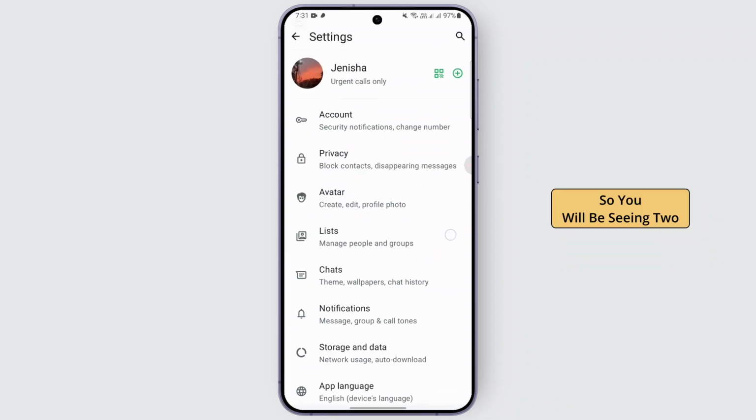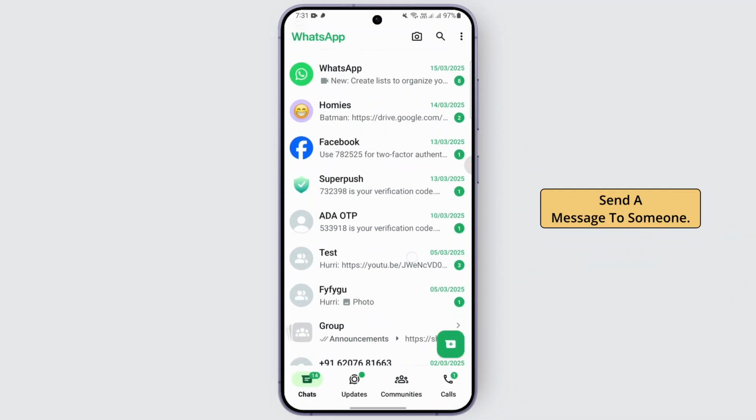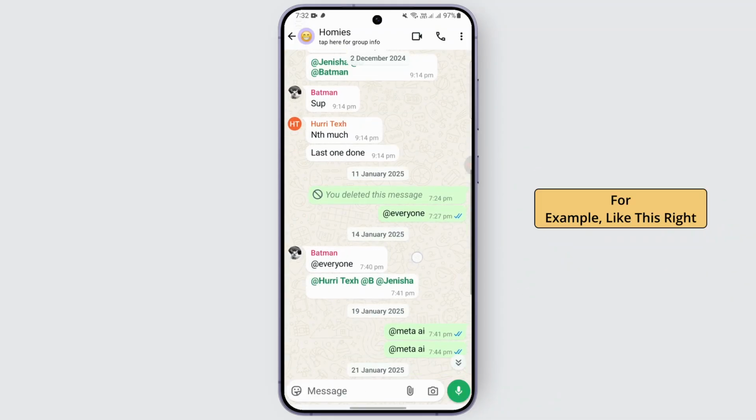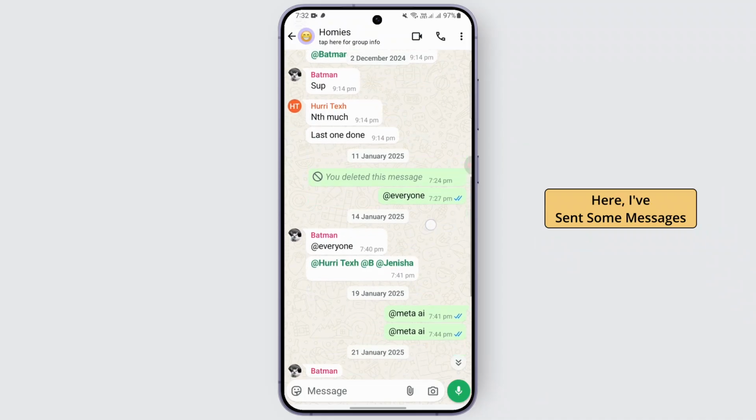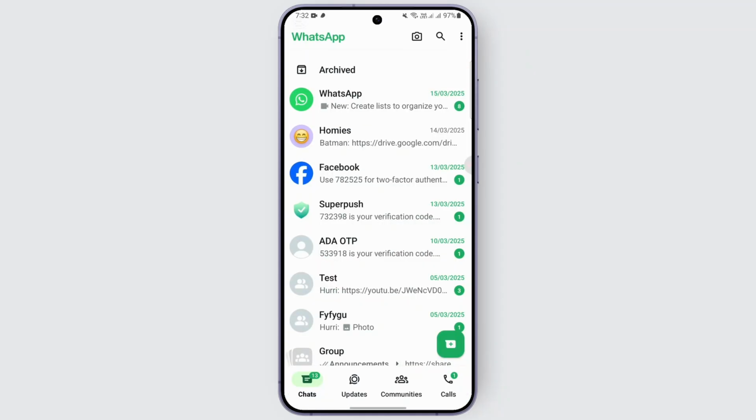So you will be seeing two blue check marks when you send a message to someone. For example, like this, right here I've sent some messages and right beside it there are two blue check marks. So that is how you basically turn on the blue tick read